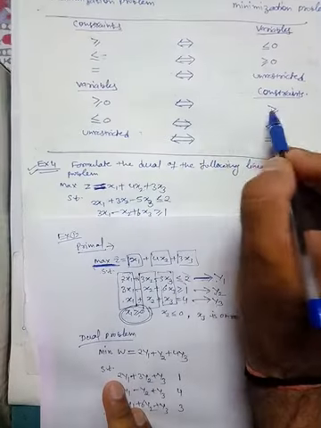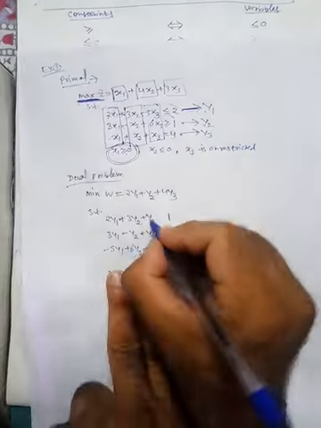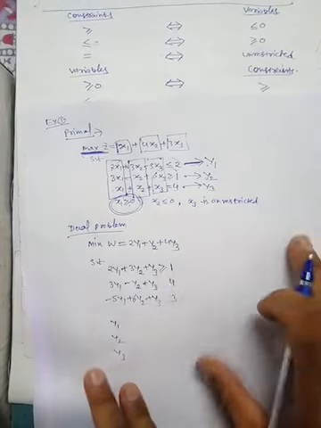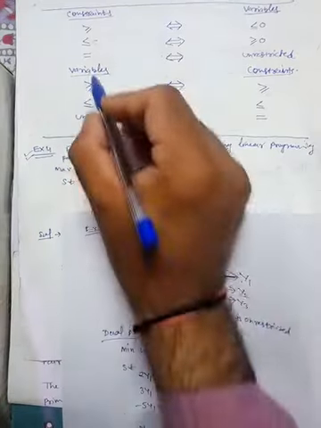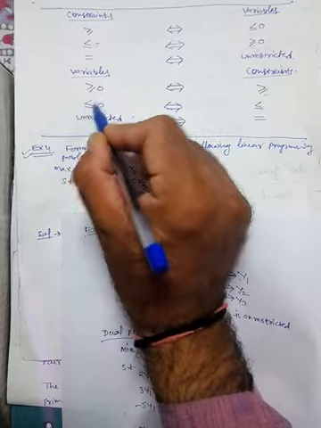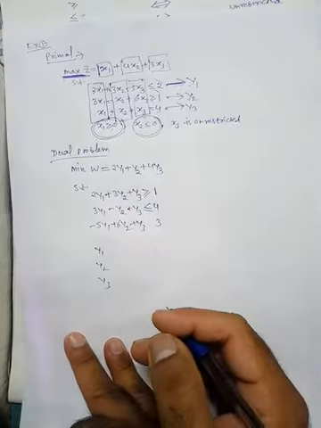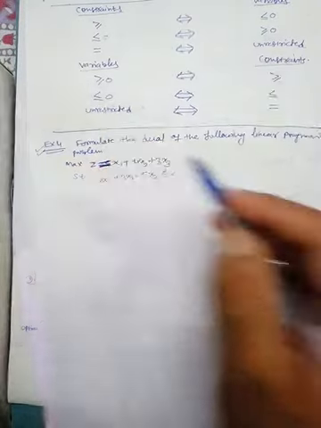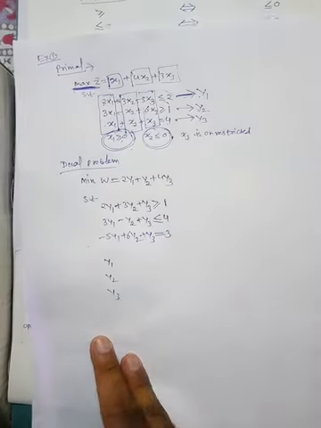Now the corresponding constraint will be greater than type, and hence the first constraint should be greater than type. Fine. Now the second variable is less than type, so here in the maximization problem, the second variable is less than type, the associated constraint will be less than type, and hence this should be less than type. Now the third is unrestricted, so for unrestricted the sign should be equality, hence this sign should be equality.